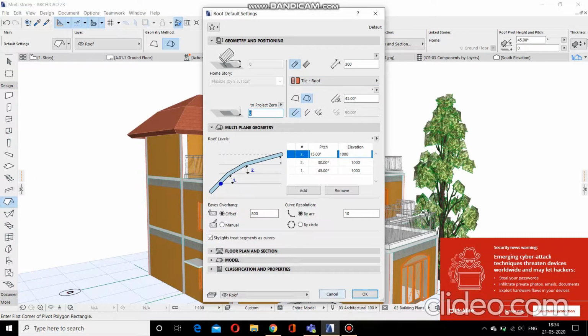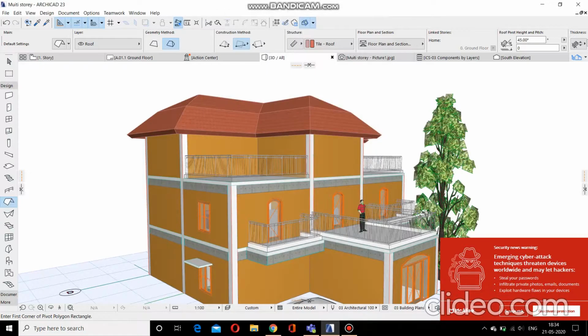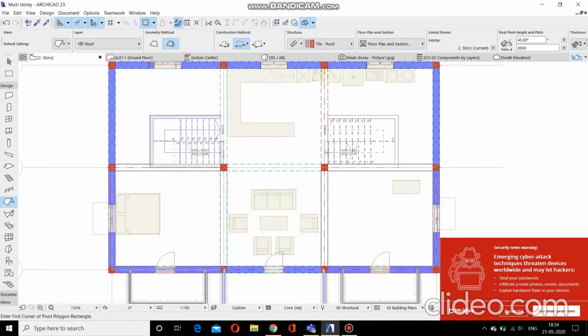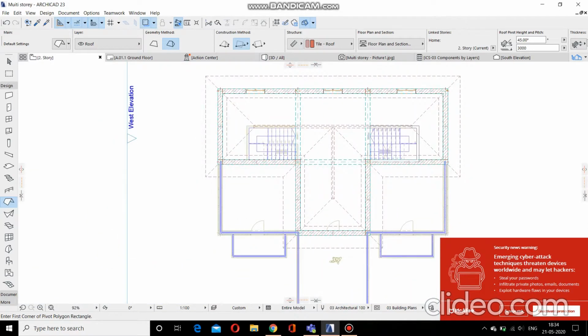And then we made the roof initially for the straight portion of the third floor, that is this portion from here to here. Then we used the extrusion to extend the roof towards here, and then the entire roof was completed.